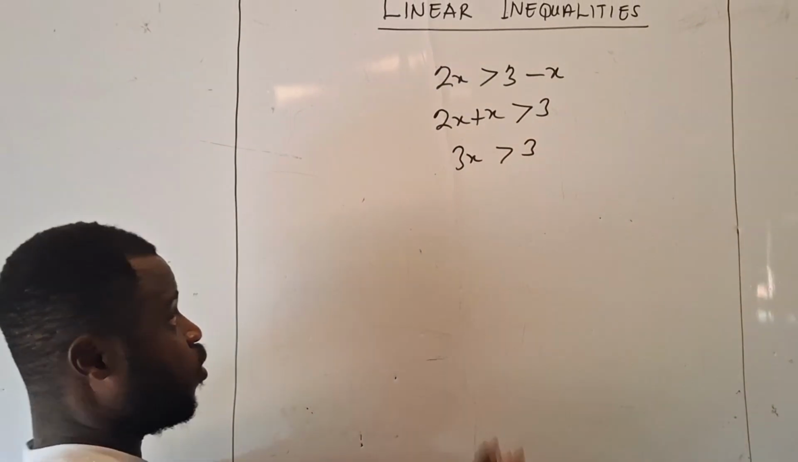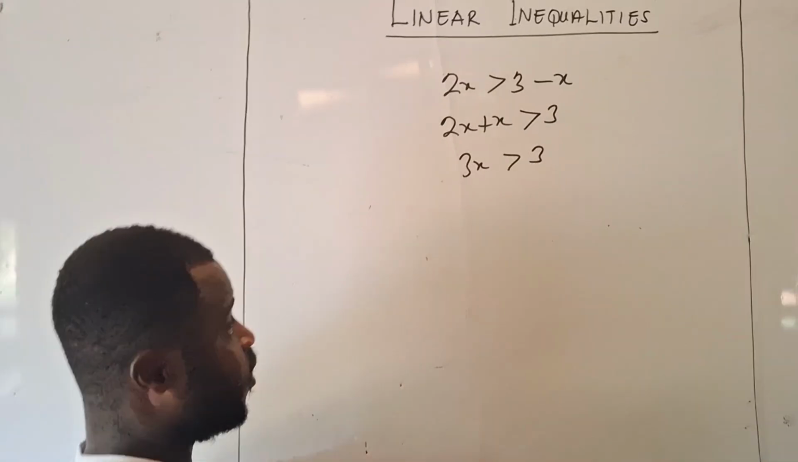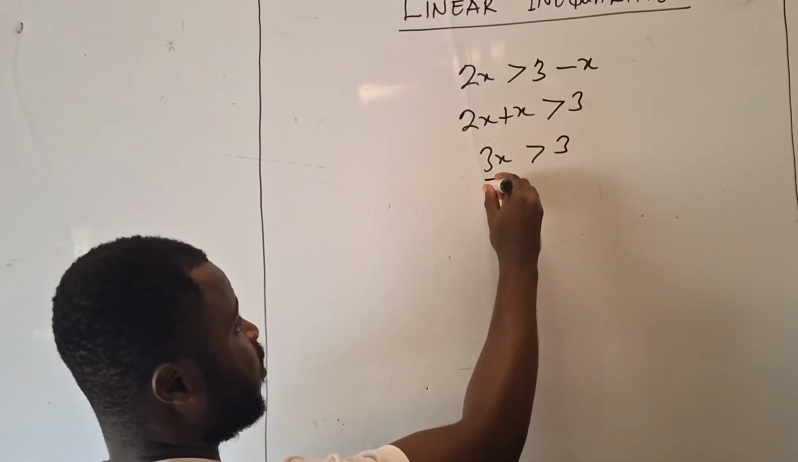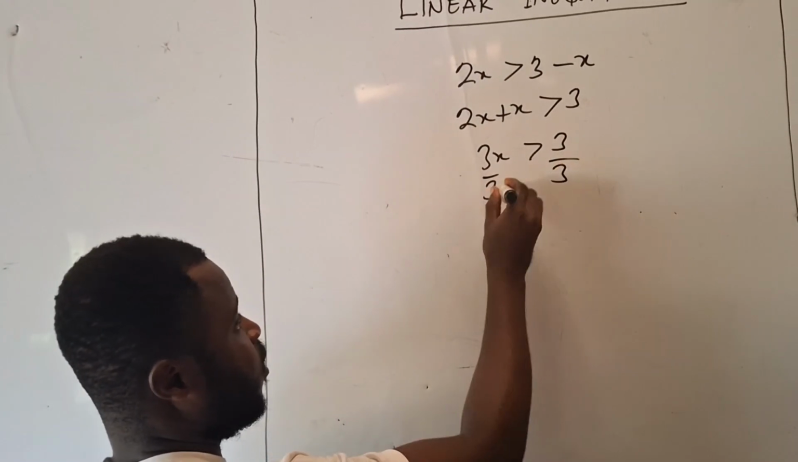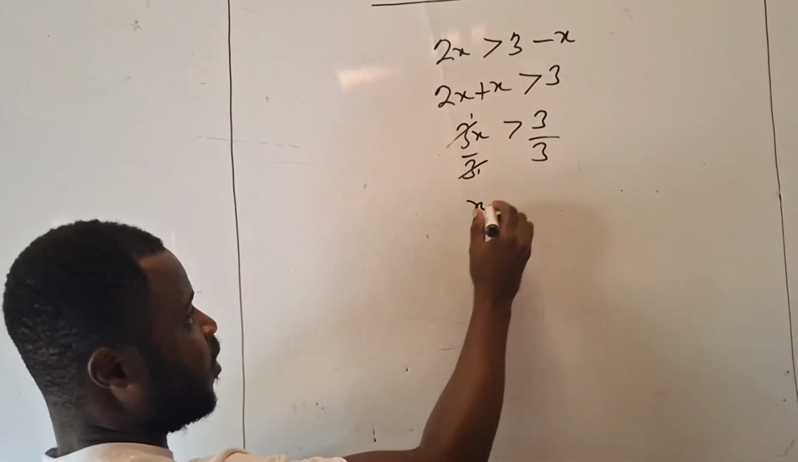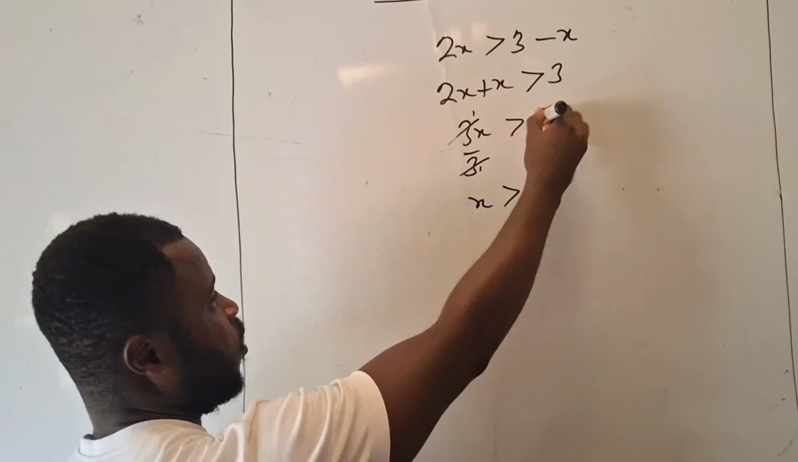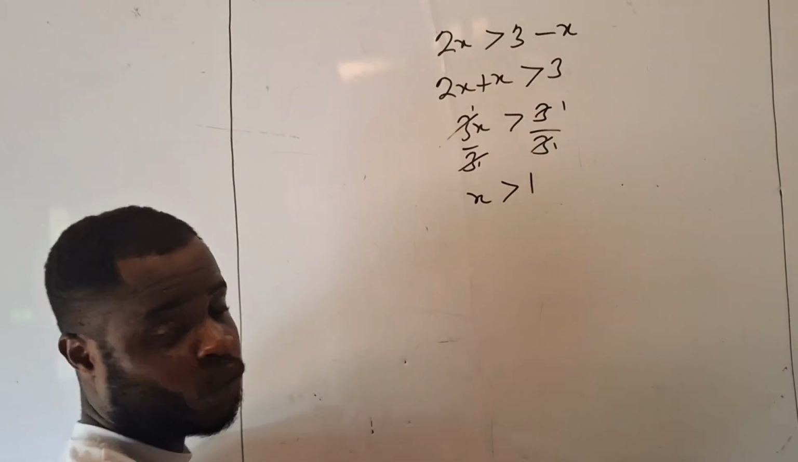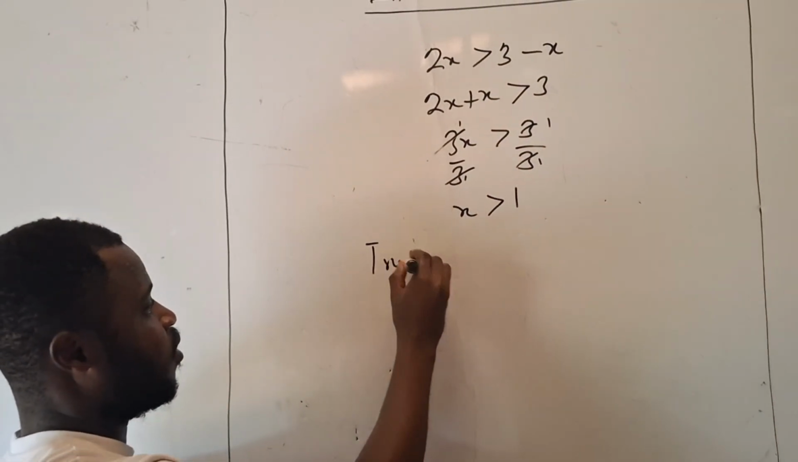As we all know, we are going to divide both sides by the coefficient of x. So 3x over 3, and 3 over 3. 3 will divide itself to give 1, and we are going to have x greater than 3 divided by 3, which is the same as 1. So the truth set